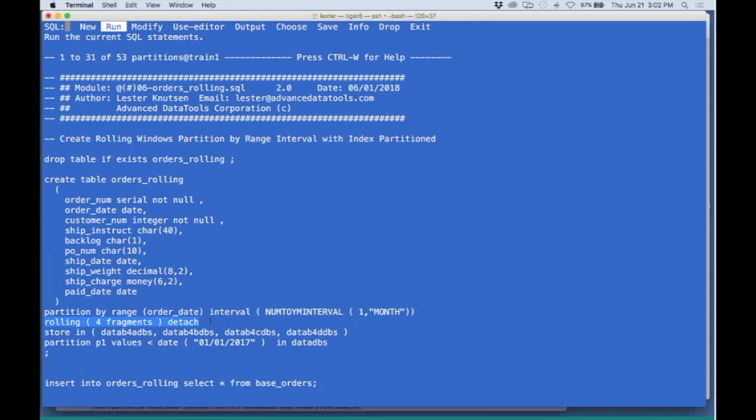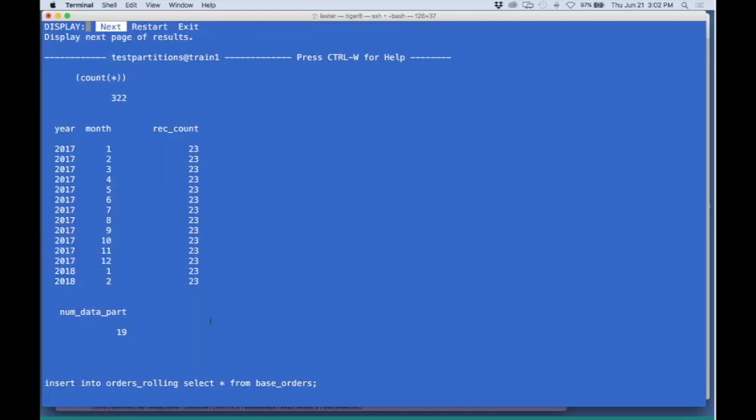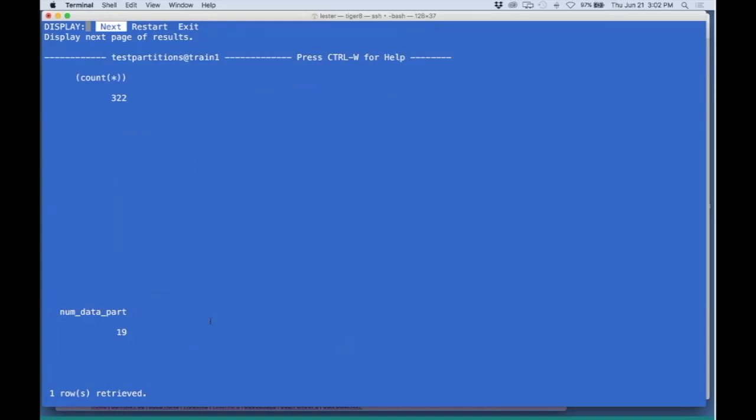So I run the script, but wait a minute, I have 19 partitions and 18 data partitions. What happened? What happens is that detach only happens when the scheduler runs at night. And I want to show you a slide here for it. I know the slide is kind of hard to see. There's a scheduler job called purge tables. And on my system, the default is,